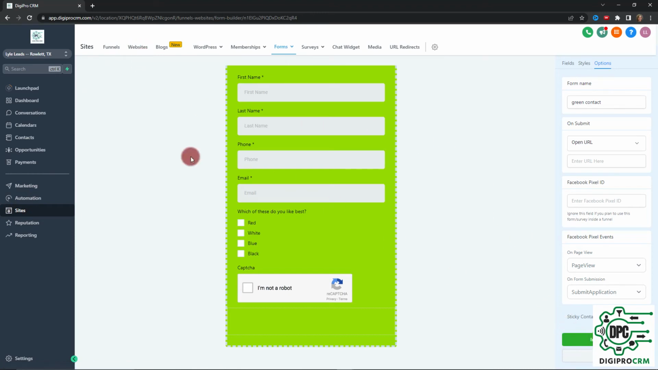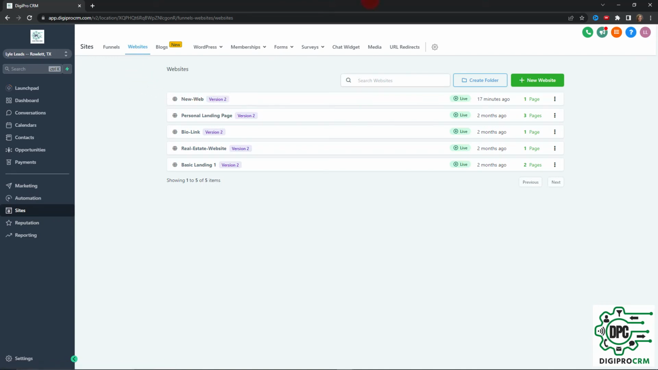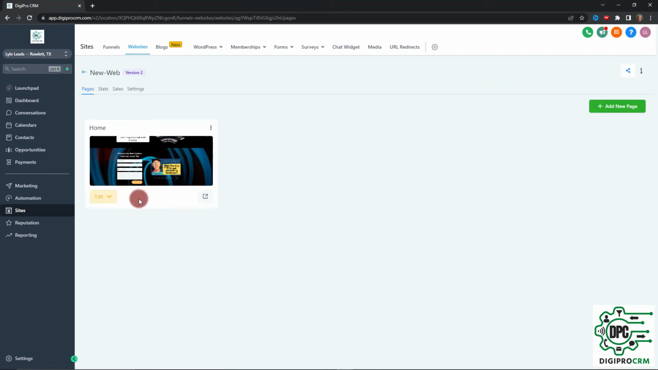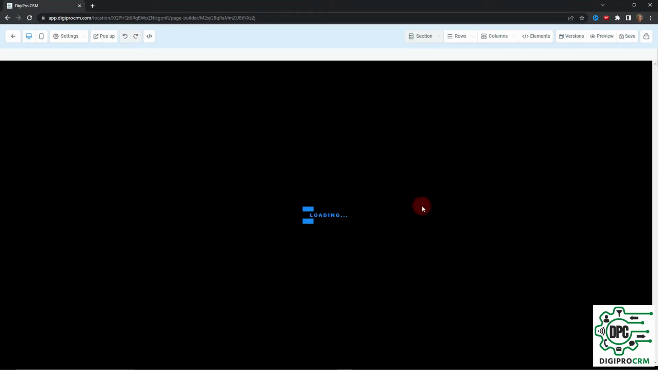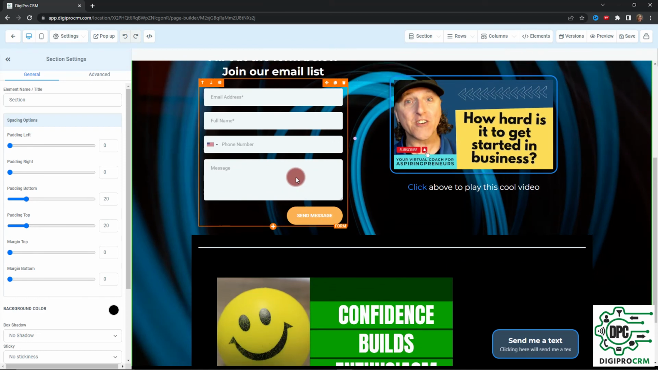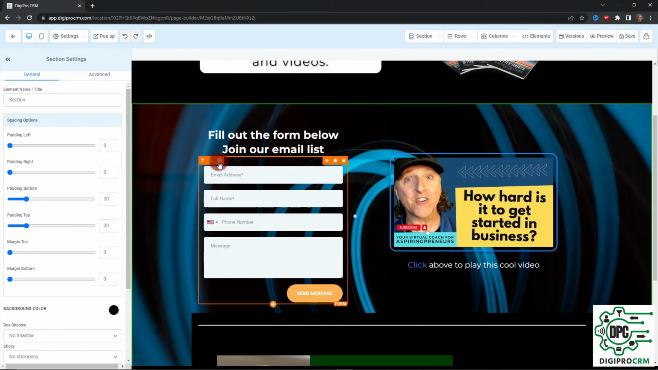I'm going to save the form. I'm going to go to my websites. I'm going to click on New Web, which we were playing with a while ago. I'm going to edit it. And then on this page, let me show you how to add that form. So we'll see here that there's a form in here, but I don't want this form. I want to add my other form. So I'm going to click this